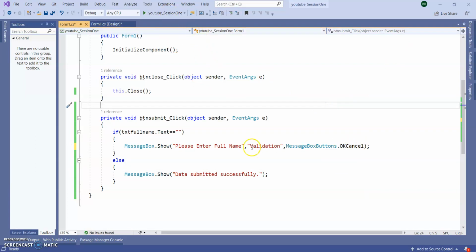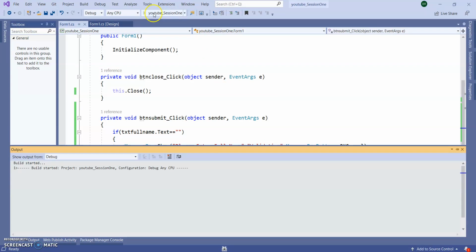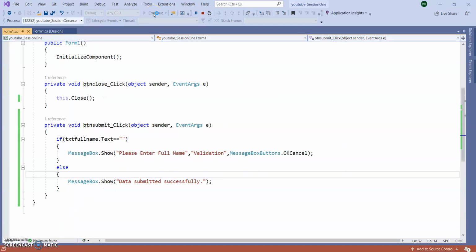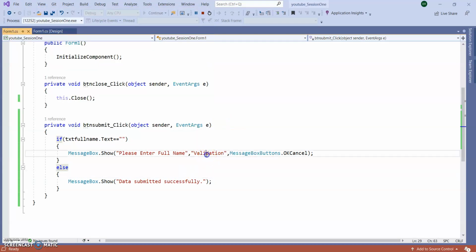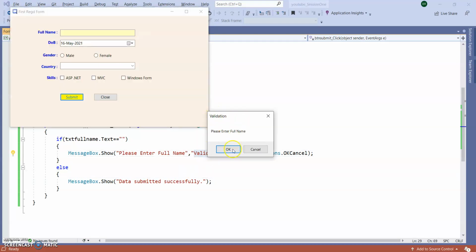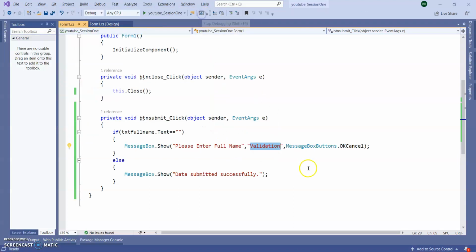Let's run the application and see how this thing is working. So you can see the caption validation, this one is coming on the top and there are two buttons, right? I want to give an icon. So just add comma here.